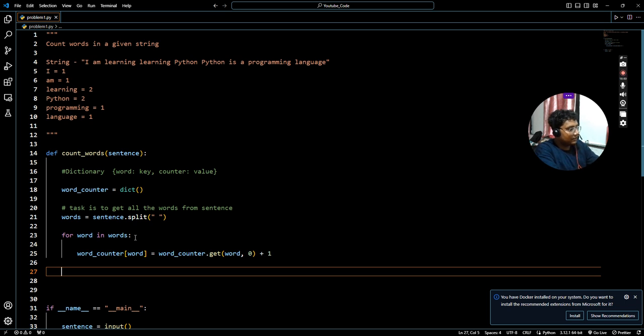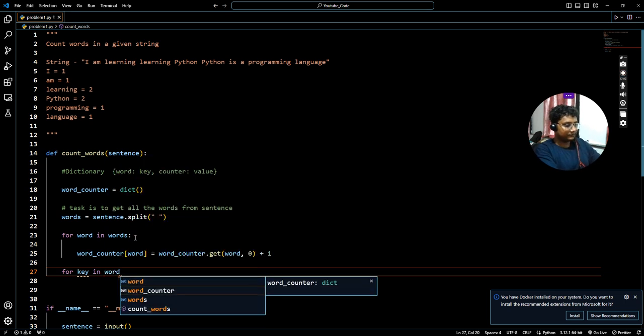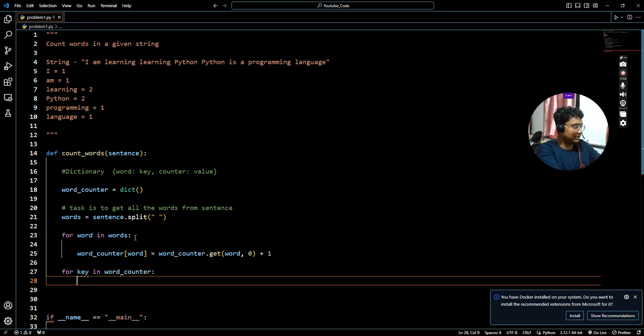So hopefully we would find all the frequencies, the number of times a particular word occurs in that sentence. We will have it stored in our word counter. So I'm going to print it. For key in, I'm going to iterate over all the keys of the dictionary which we had created, the word counter dictionary, and then I'm going to